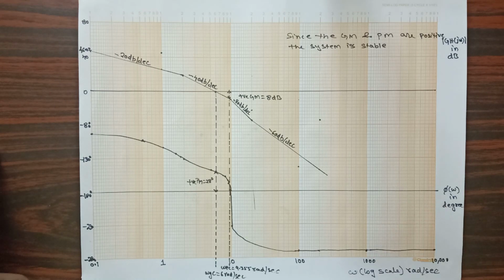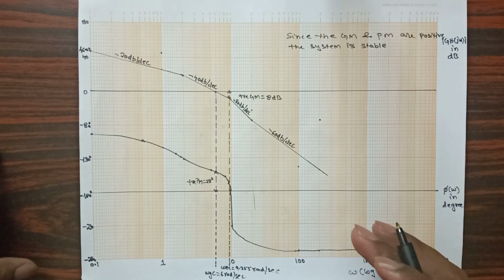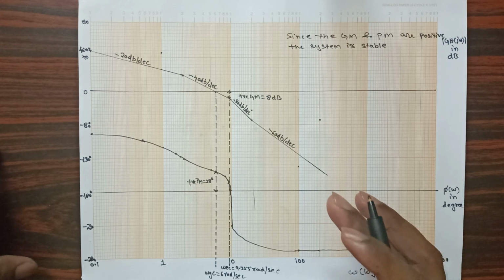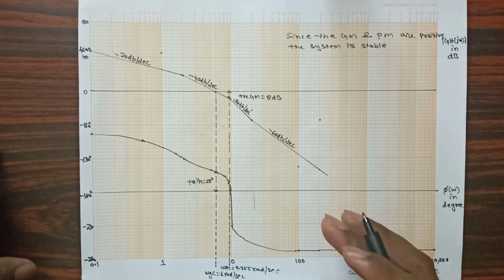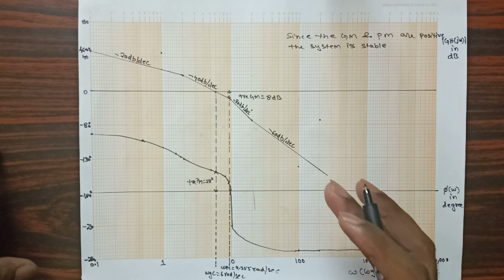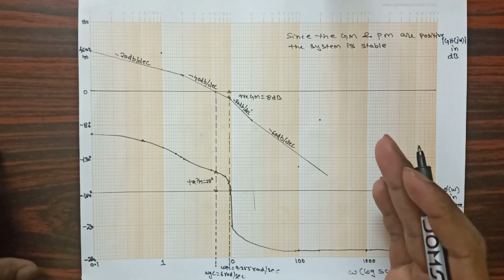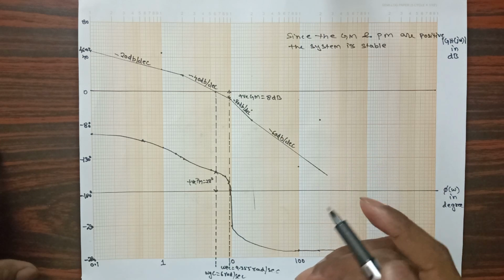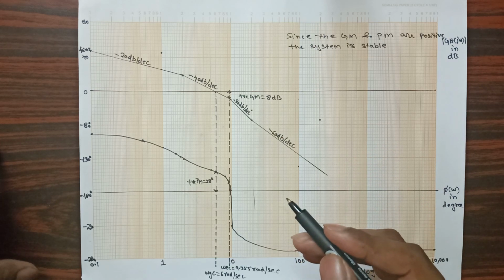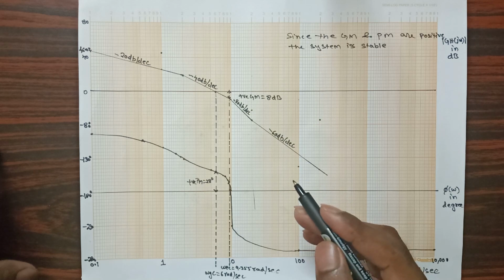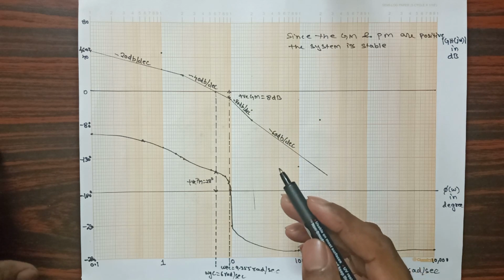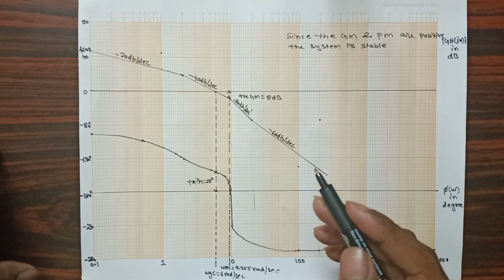So in this way we are going to sketch the Bode plot. So remember, Bode plot has two parts, magnitude and phase plot. We need to draw magnitude and phase plot together, then only we can calculate the phase margin and gain margin. So in this problem I am getting both phase margin and gain margin positive. If any one also gets negative, then the system is unstable.